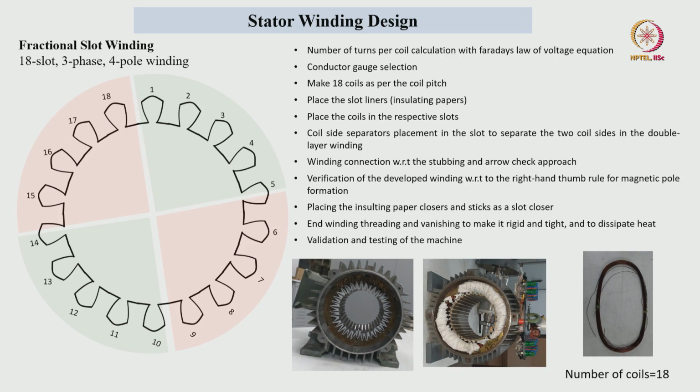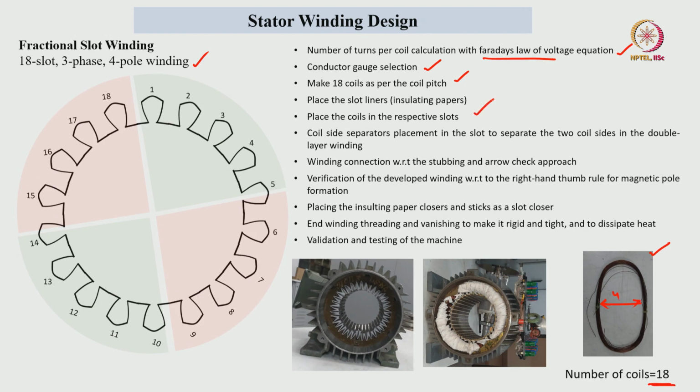The winding design procedure is the same for single layer winding and double layer winding. First we have to define the number of turns with respect to Faraday's law of voltage equation, then the conductor gauge selection with respect to the current for a given voltage and for a given power rating, and we have to make the 18 coils with respect to the given example, an 18 slot 3 phase double layer winding. So, 18 coils we have to make, and the coil pitch is 4,